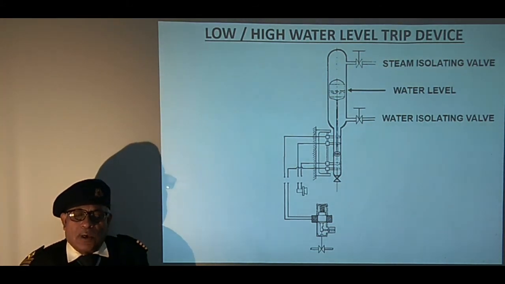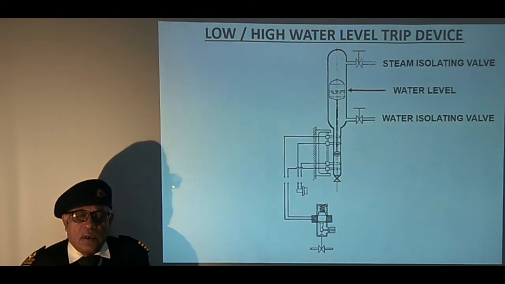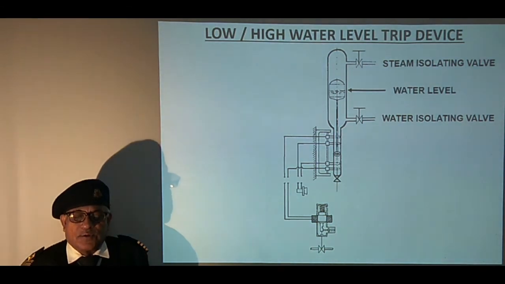Earlier smoke tube boilers were equipped with a fusible plug to extinguish the fire in the furnace by the smothering action of steam. In the event of low water level, the fusible plug gets exposed to the steam and the fusible metal melts, thereby releasing the steam in the furnace to extinguish the fire.